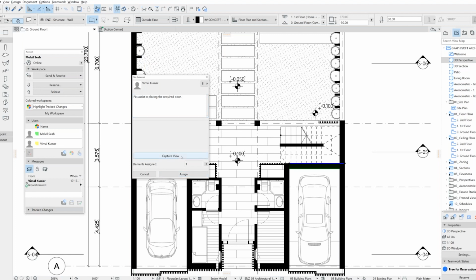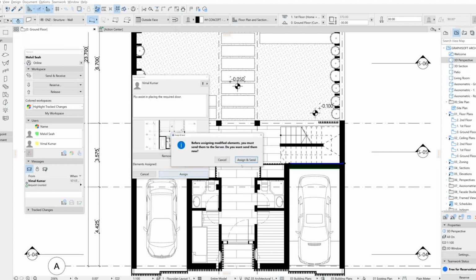And so I can capture this view again, and I can see that the element assigned is 1. So you will have this pop up before assigning modified elements. You must send them to the server. So I will send them to the server and also assign to BIMCloud.